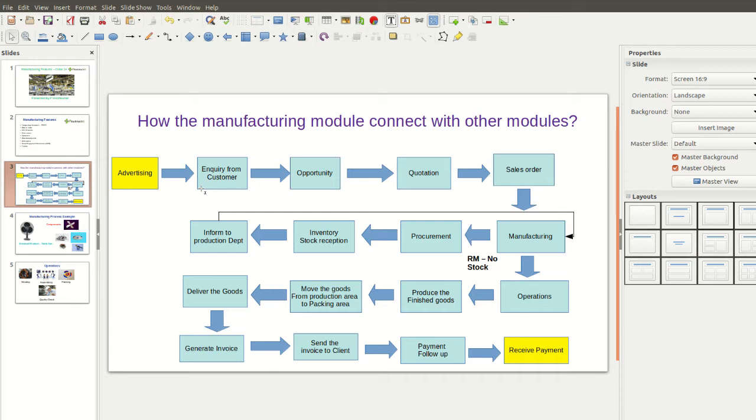Once the sales order is created, we need to start the manufacturing. You see, after sales order, this is the manufacturing. The raw material has no stock, because to create a product, we need manufacturing, and there we need raw materials. Okay, so next thing is procurement. Procurement means the purchase department is connected. Once they send the purchase orders to your vendor, then stock reception, inventory is connected,